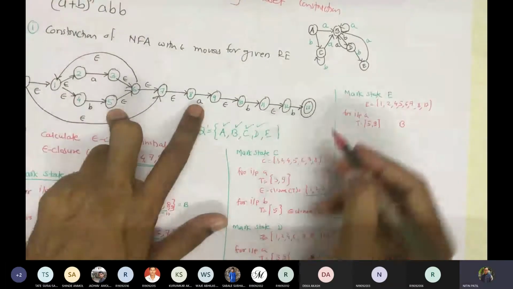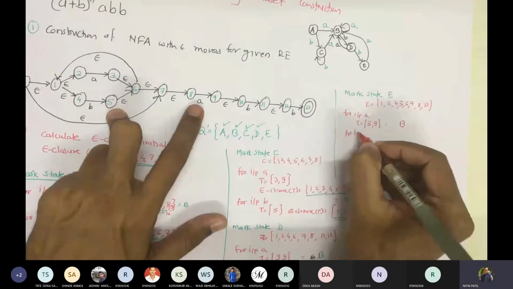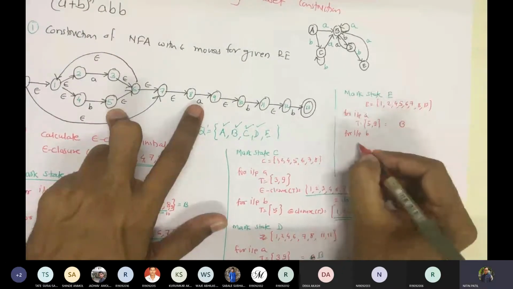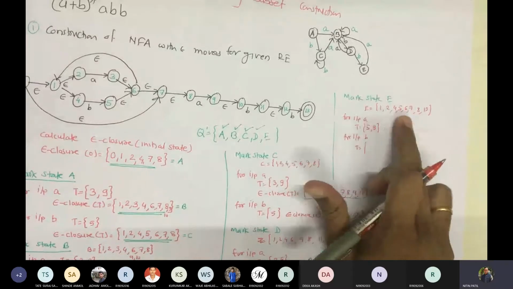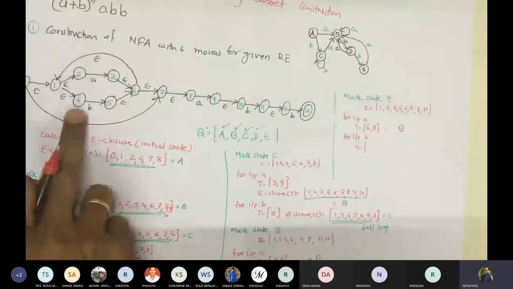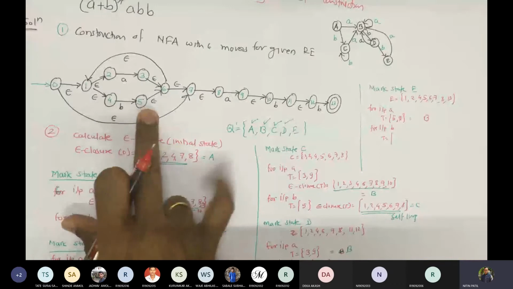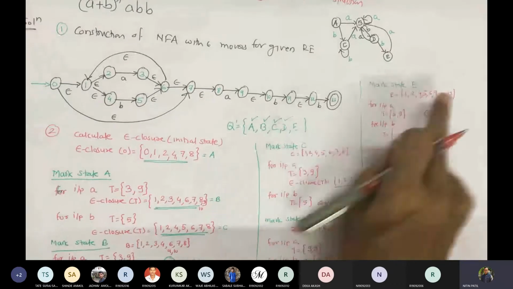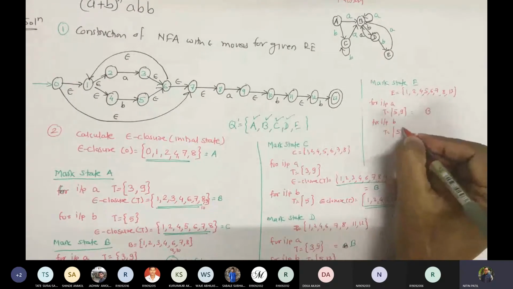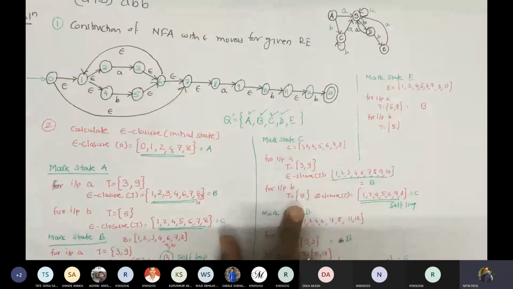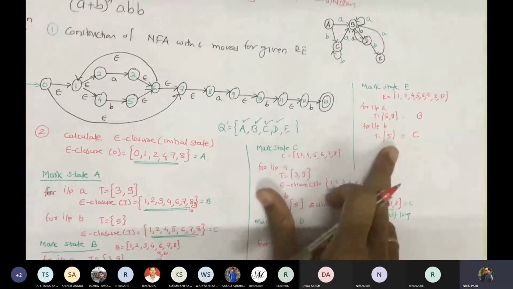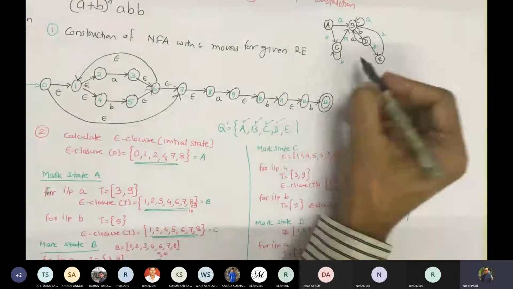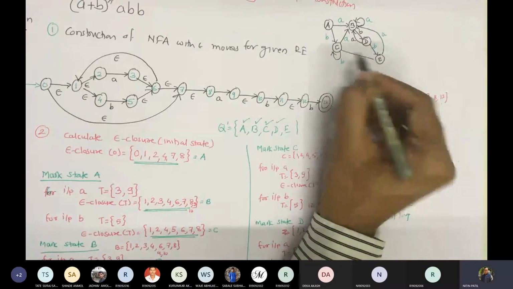Now we have to talk about input B. Compute T. We have 1, 2, 4, 5, 6, 7, 8, 13. So 4 is there, but 10 is not part of this and 12 is not part of this, so it would be only 5. We already computed 5, so it was C. So I will write C. Correct. So what exactly it means? We got this transition.